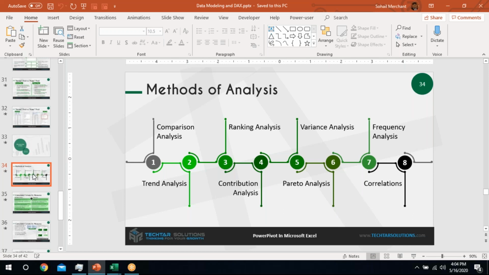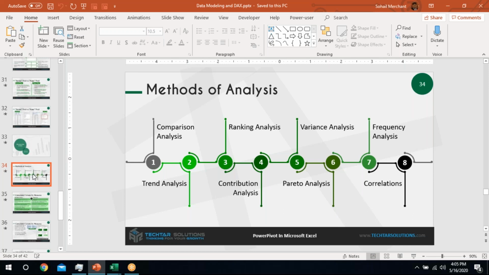Trend analysis is about time: how much we have gained, how much we have lost in a particular segment of time. Ranking: which product is on top, has the top sales in the whole sales catalog, which product has made the maximum contribution in the profit, that is contribution analysis.